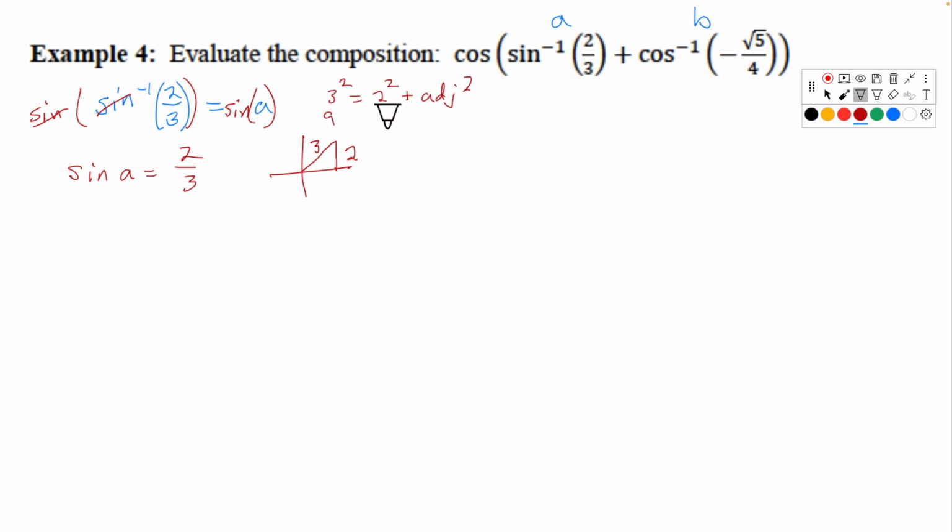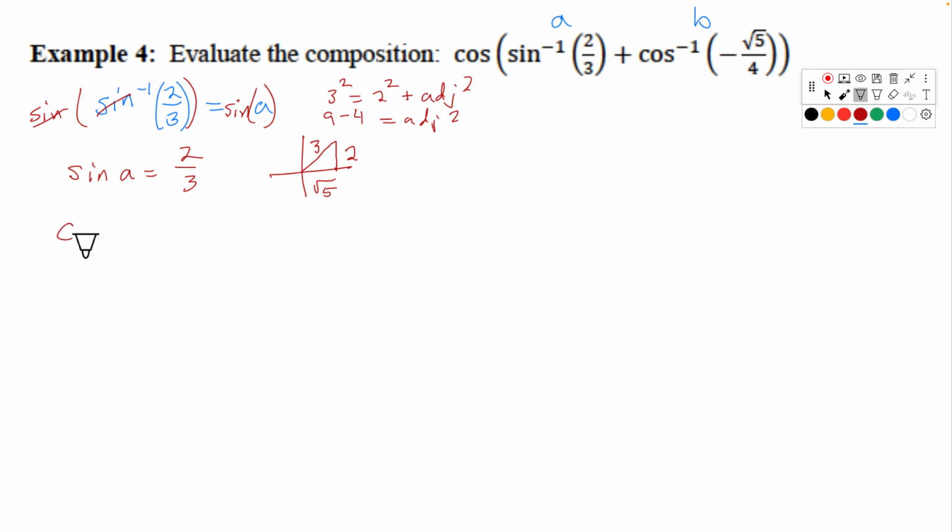So that's 9. 2 squared is 4. 9 minus 4 is the adjacent squared. That's 5, so this has to be square root of 5. Okay, so use the Pythagorean theorem to find that other side. And as you do these, you'll start to see these similar ones come up. So, hypotenuse is 3,